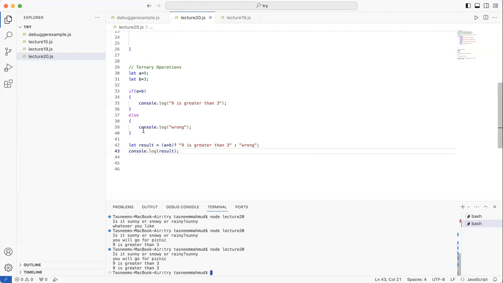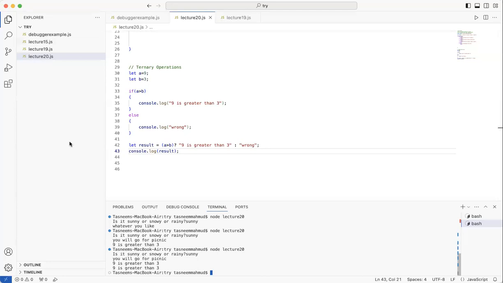Okay, so as you can see, for the first one also it shows 9 is greater than 3, and the second one also it shows 9 is greater than 3. So you get the same answer, but it just takes one line. Actually, if you add the console too, it adds 2 lines, but the main work that's going on is in line 42.